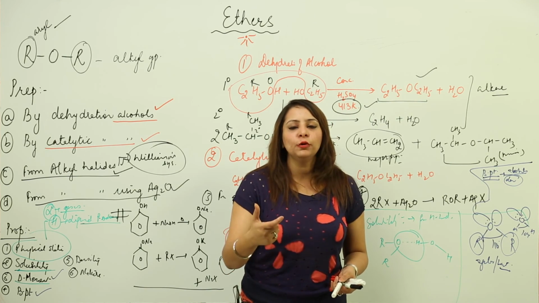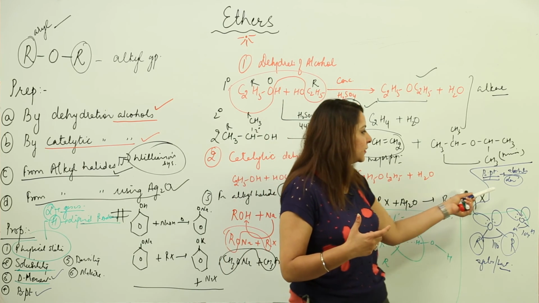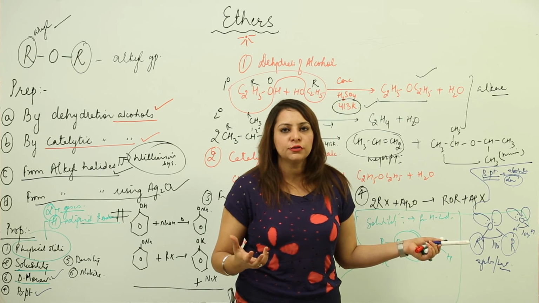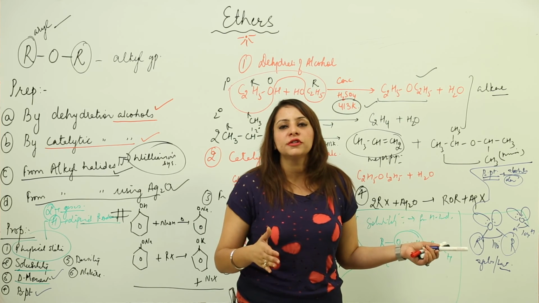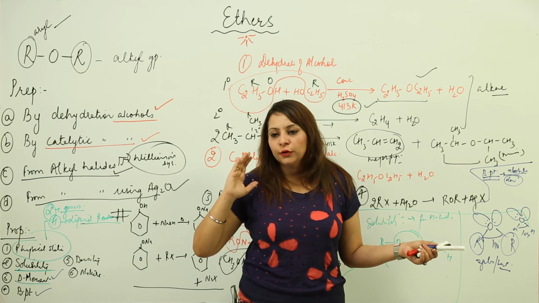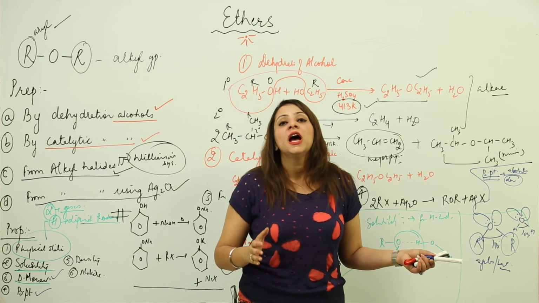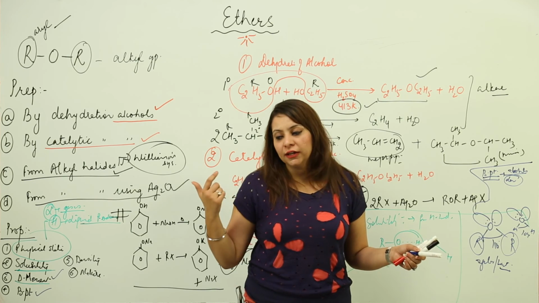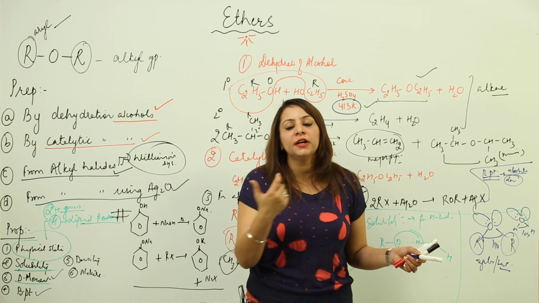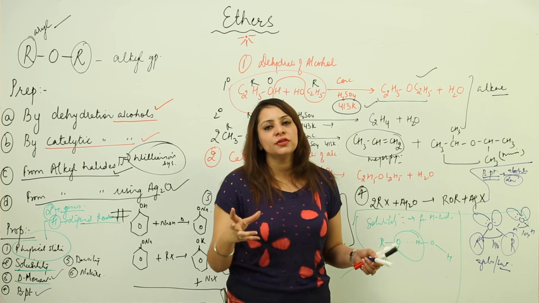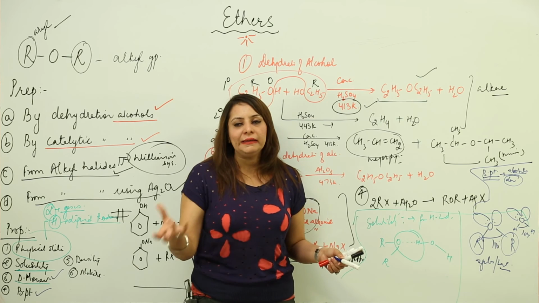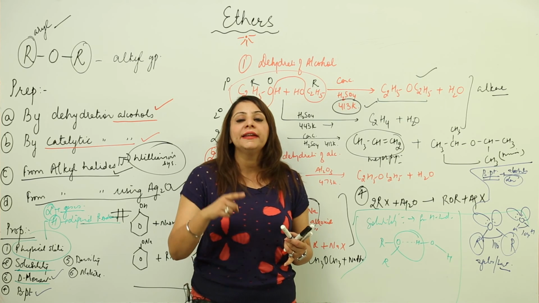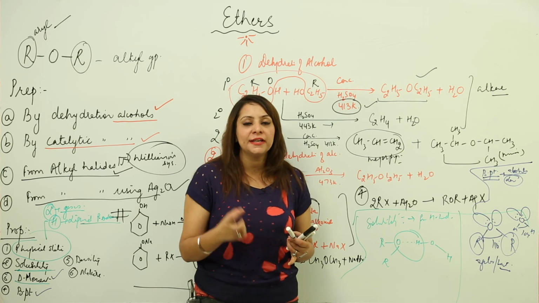So that means less dipole moment or less polarity, and the second factor is that they are less keen on forming hydrogen bonds as compared to alcohols. So in them there are forces, but the forces are not up to the mark. They are weak van der Waals forces, but the forces present in alcohol are quite high. So the ether is going to possess a low boiling point compared with alcohols. If you get a question to compare the boiling point of alcohol and ether, you should answer quickly that alcohol has more dipole moment, it is more polar, and the hydrogen bond formed by it is comparatively stronger.